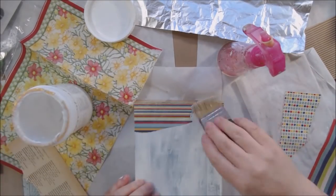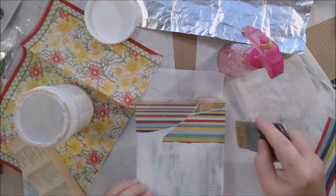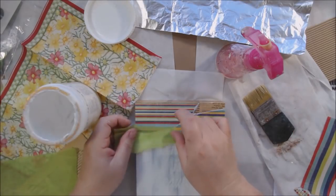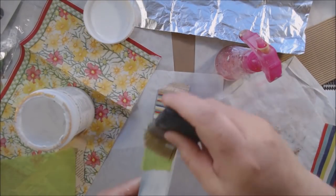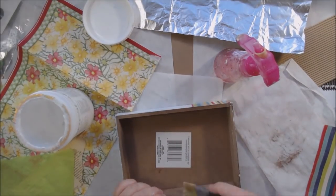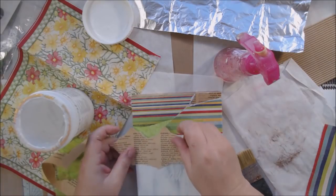I also picked a couple of the photocopied images that she sent. I didn't even seal them. She must have had them actually photocopied, so they didn't run or anything. There's also some of this spring green colored tissue, like you would put in a package for wrapping. I thought that matched really well, and so I'm tearing and then collaging down these pieces